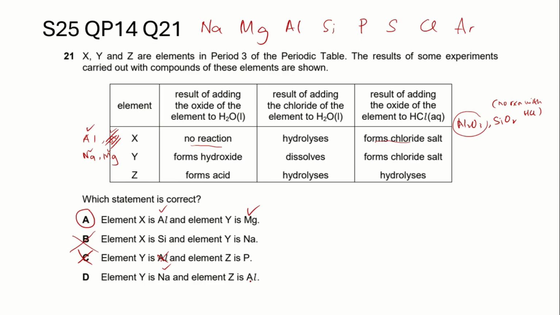So that means we have to check what is Z. Now Z, the oxide of Z forms acid with water. Oxides of phosphorus and also sulfur will form acid with water. So Z could be phosphorus or sulfur. I don't want to go further to look at the third and also the second result because by looking at the answer D, Z is aluminium. Here we know that Z could only be phosphorus or sulfur, so this one is not correct. D is also not correct. The statement that is correct is